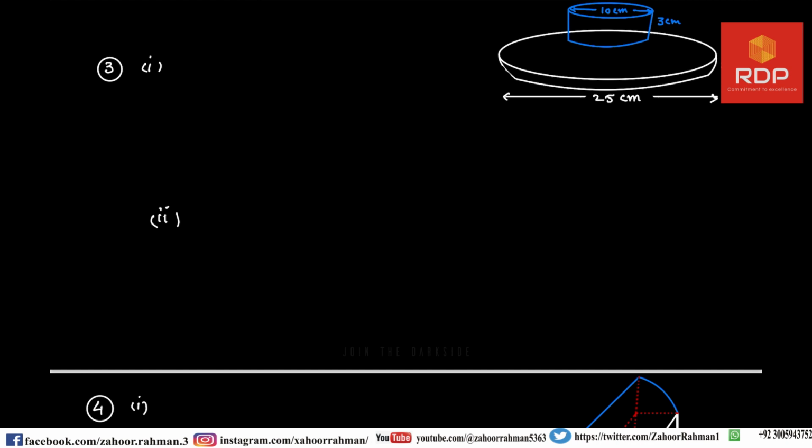Two cylinders are given, as you can see. One has the larger diameter, and the second one, in blue, has a smaller diameter. So we have to first find the volume of the solid. The volume of the solid will be the combination of the volume of the small cylinder and the volume of